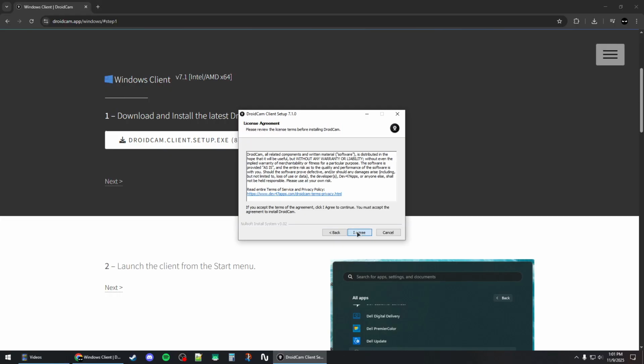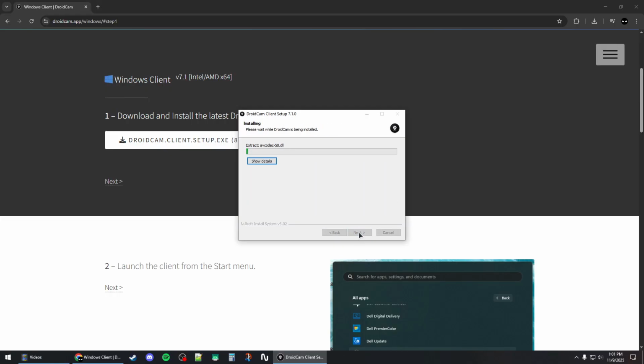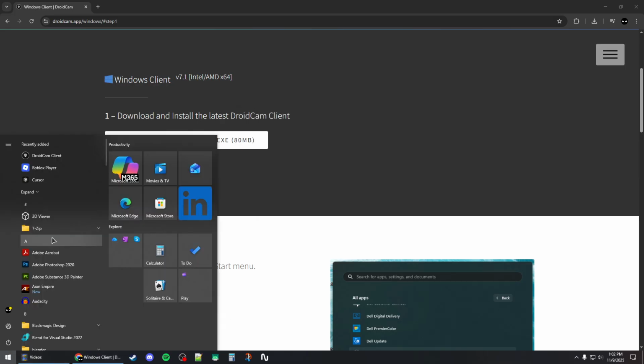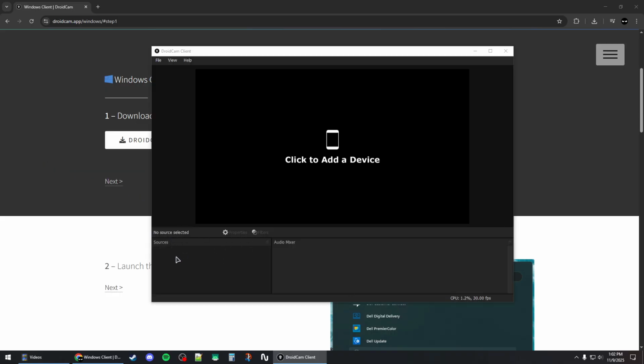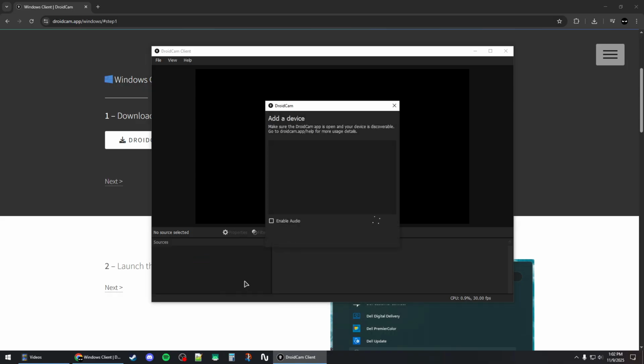Now, once you continue to install the DroidCam client on your PC, once it's done, you want to open up the DroidCam client that you just installed. Once the client is open, right-click under Sources and then click on Add and then click on DroidCam